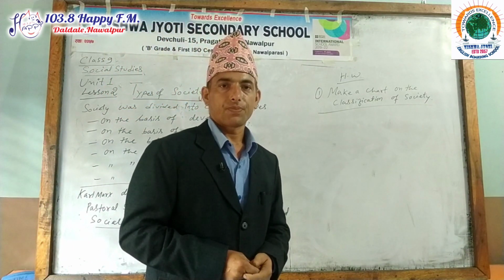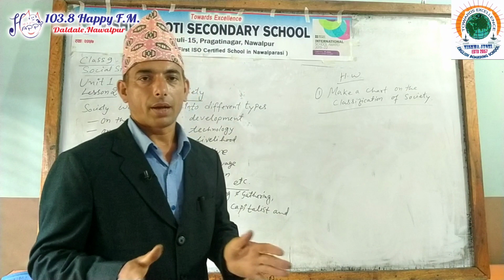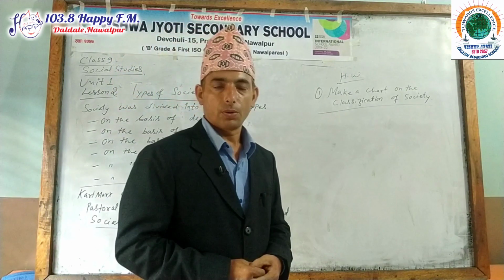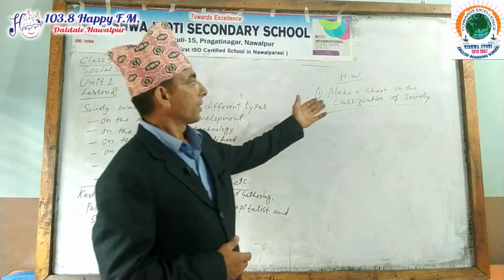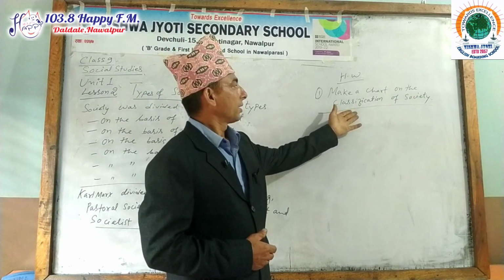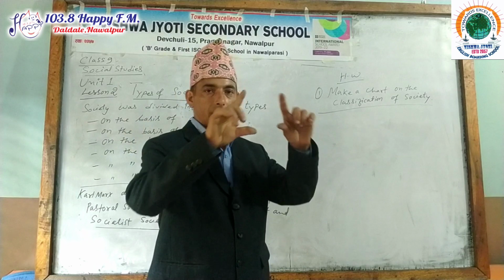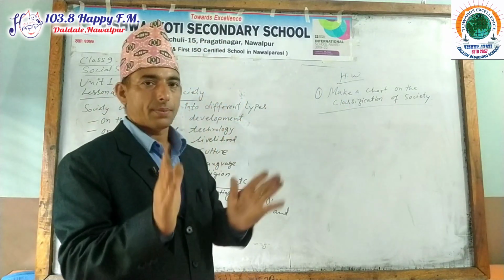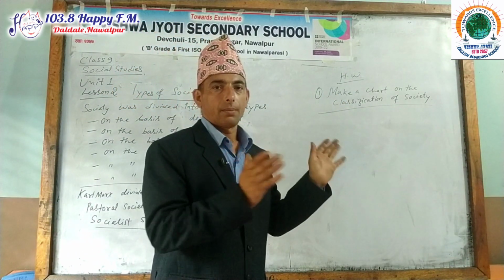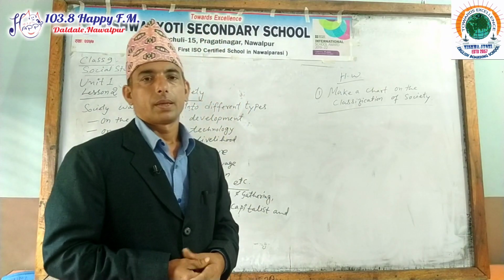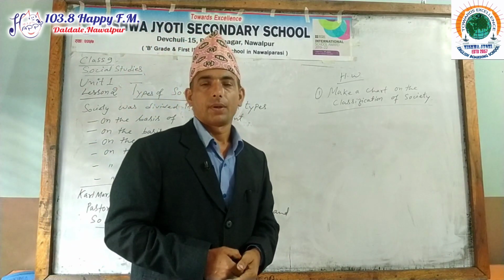So my dear children, today this much, and I would like to give you one small homework. Our homework is to make a chart on the classification of society. In a small chart, divide the different types of society and mention them, and send it to us on our homework pages